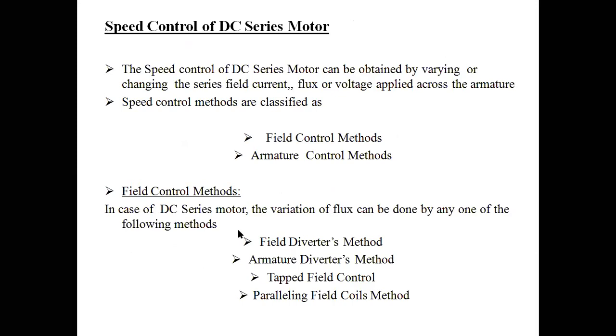The field, which is connected in series to the armature, has current passing through it, and this is going to be regulated by regulating the field current, that is nothing but the series field current. We are going to vary the speed by it, and the second one is the flux. By varying the flux, you are going to vary the speed of your motor.